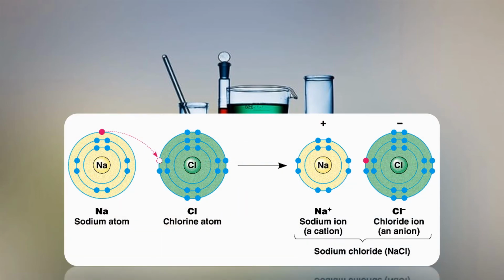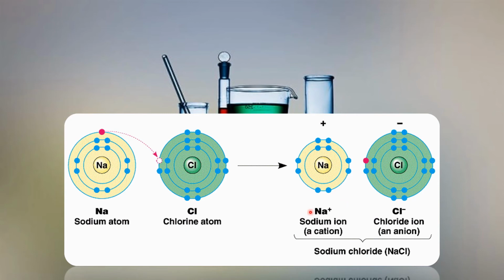Sodium has electronic configuration of 2, 8, 1, and chlorine has electronic configuration of 2, 8, 7. So you know that sodium has one extra electron and it wants to remove it so that it can get 8, that is an octet, in its outermost shell, and chlorine has only 7 electrons and it needs one more electron to complete its octet state. Now what happens is sodium gives one electron to chlorine to become sodium ion, and chlorine accepts one electron from sodium to become chloride ion.